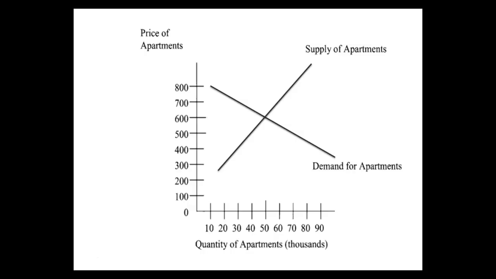The purpose of a price ceiling is to prevent the market from getting to equilibrium, setting a price below the equilibrium point so that the price doesn't get, in the eyes of the government, too high. So in this case, we might say in the market for apartments that the equilibrium price is $600, but maybe the government says $600 is way too high to charge somebody for an apartment. Most people can't afford that, or the people we want to live in the city can't afford that, or we just feel like it's immoral to charge $600. And so the government decides, let's set the limit at $400.